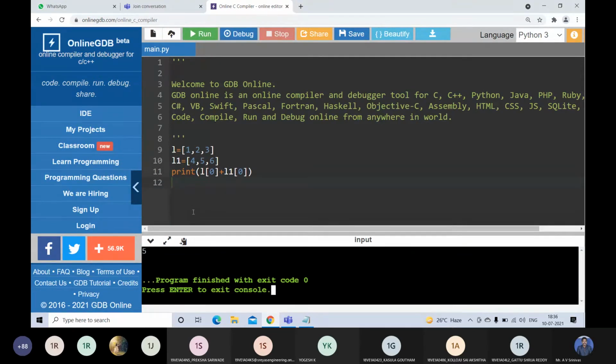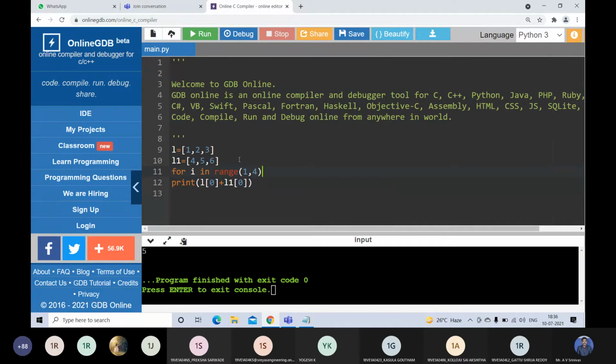See here. You can write the first element, second element. Like that you can add. That means, sir, you can write it like this: for i in, how many values do we have? 3 values.